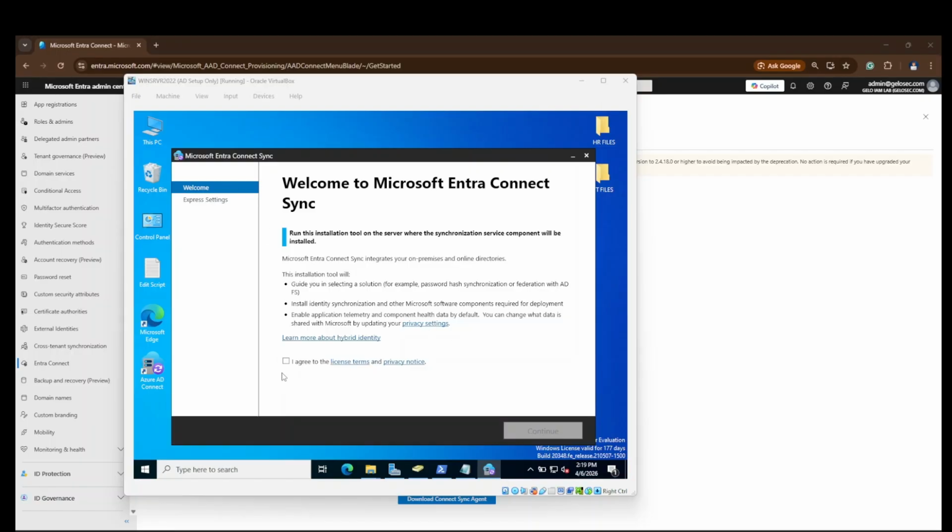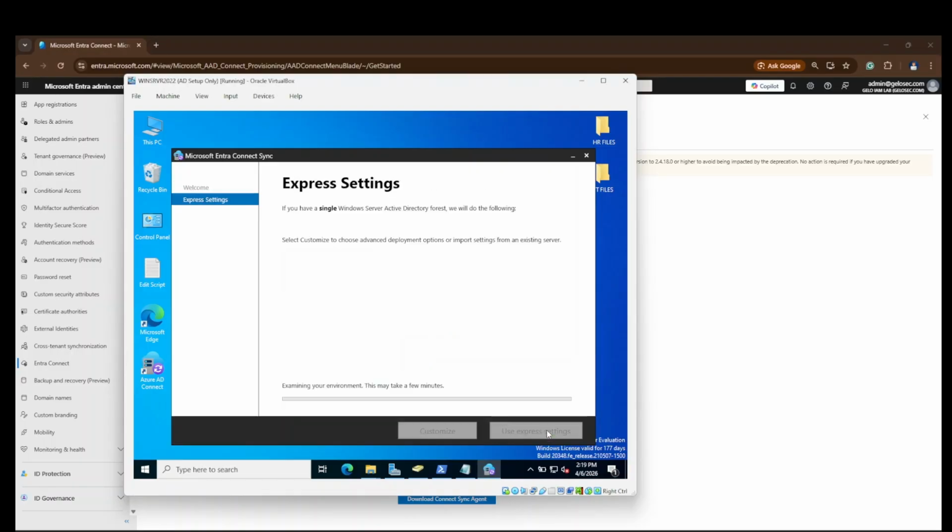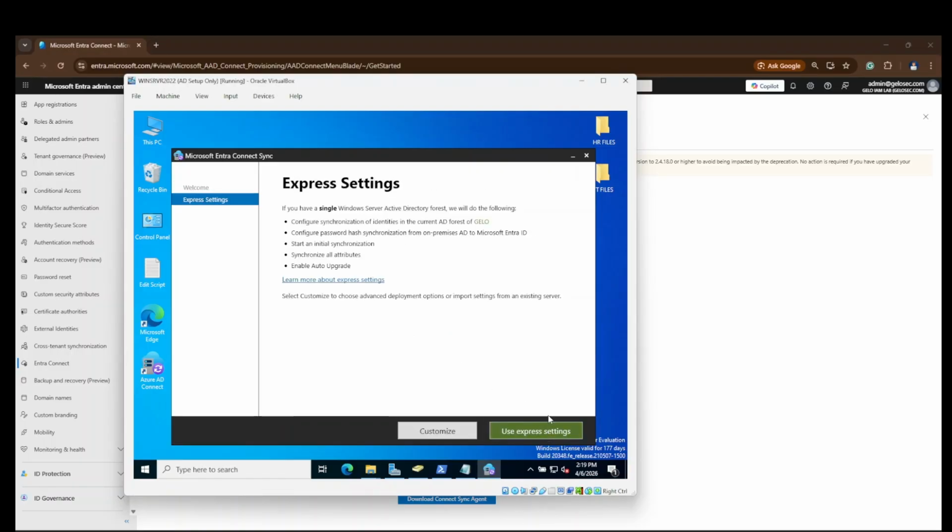Okay, here we are. Let's just agree to the license terms and privacy. Let's click continue. And let's use customize for this.